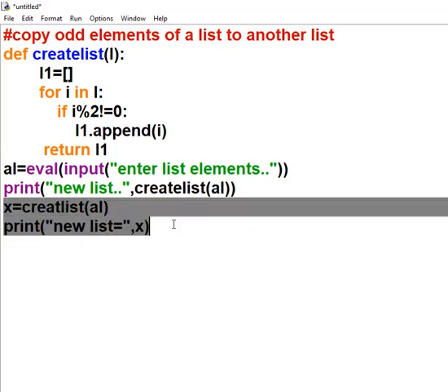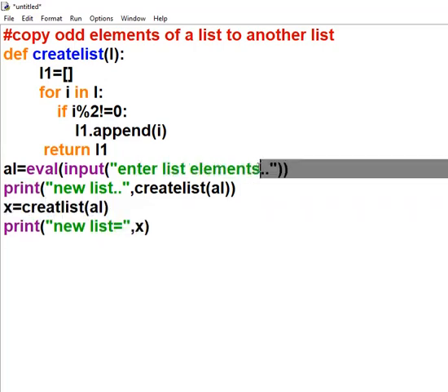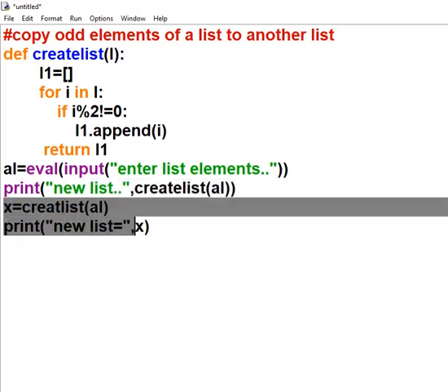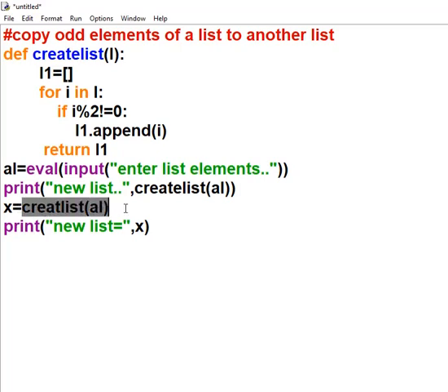So either these two statements or the single statement, because both have the same purpose. The same work is being done in two statements here. First the function is being called, which is assigned to x, and then you have printed the value of x. In this statement both things are being done in a single statement. So both are the same, you can use any of the methods. So let us put a remark here so that only this will be executed.